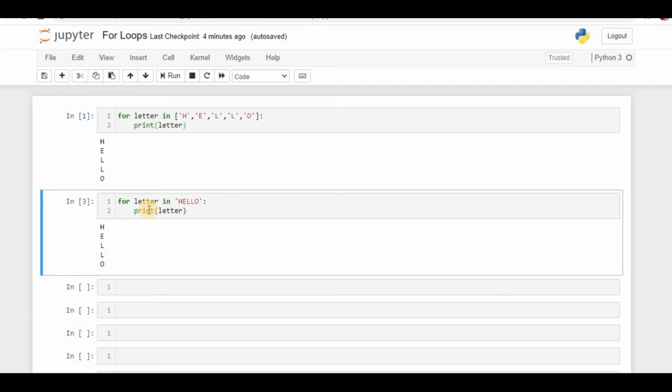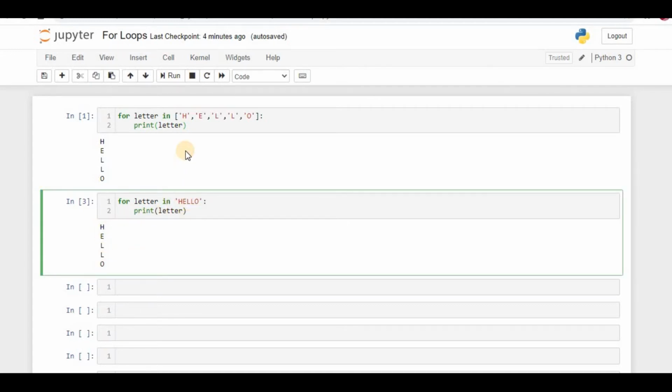Then what Python is doing here is, Python is understanding only one thing, that in the single quotations you are assigning a string and you are asking Python to iterate over each and every character. The letter variable, after completion of print, will move to H, and after that the letter variable will move to E, and after that it is going to print, and each and every time it is going to print like this. So we have 5 characters here, and that is the reason for the output.